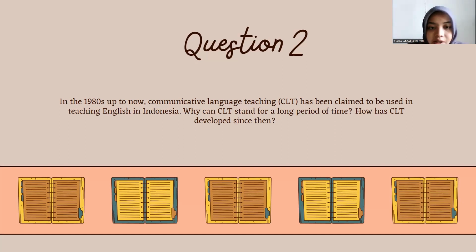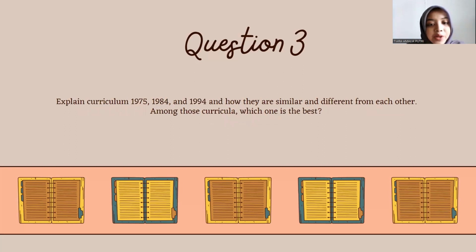And then, the next question is: explain Curriculum 1975, 1984, and 1994 and how they are similar and different from each other. Among these curricula, which one is the best? The Indonesian education system has undergone significant change through various curricula, including the 1975, 1984, and 1994 versions. The 1975 curriculum reflected a centralized and uniform approach aiming to provide a standardized educational